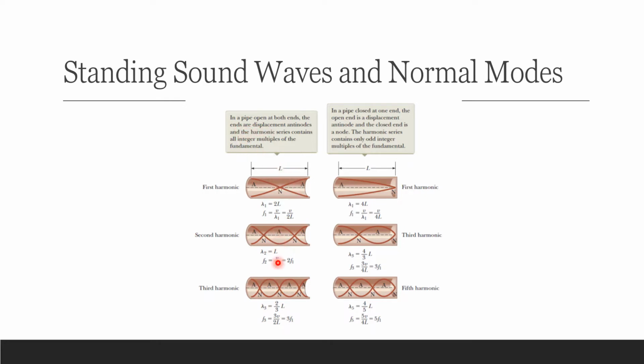In a pipe open at both ends, the ends are displacement antinodes, and the harmonic series contains all integer multiples of the fundamental. In a closed pipe, or a pipe closed at one end, the open end is a displacement antinode and the closed end is a node. And the harmonic series contains only odd integer multiples of the fundamental. So same with the standing waves in our previous chapter, we can derive the harmonics of an open pipe and